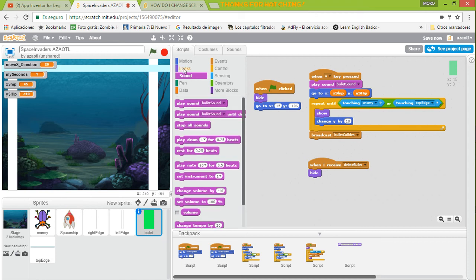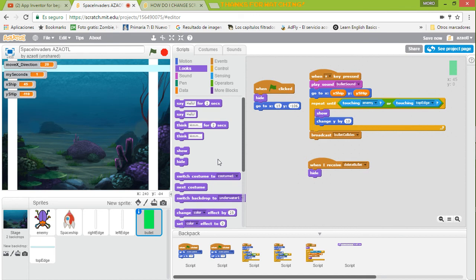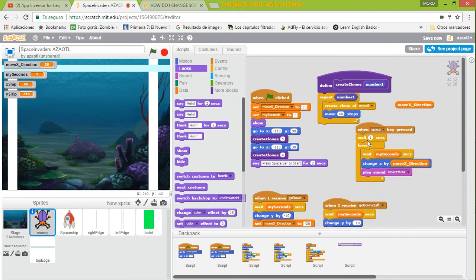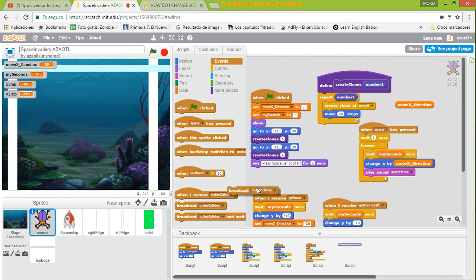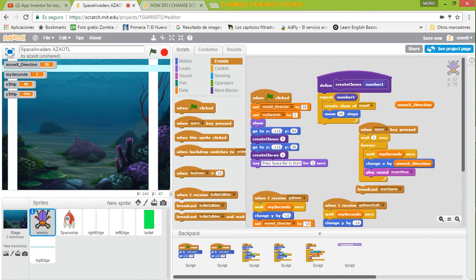Okay, change tempo, look. When we press start, well, start is the space bar. When the key is pressed, so you know we are going to create here a new broadcast. We are going to send the message, you know, game has started. So start game. So we wait a second, then we send this thing,